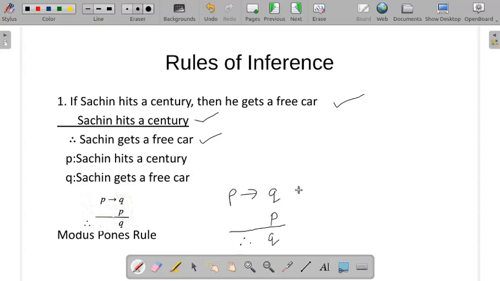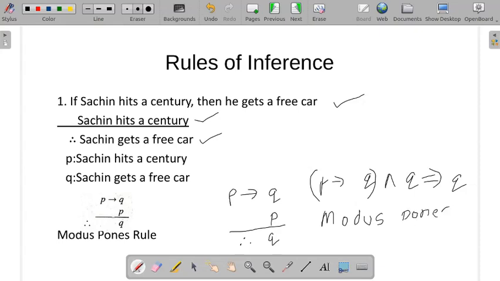Okay, so whether this is a valid argument or not, we have to find out. If you are telling it's a valid argument, step by step we have to say what kind of rule we are using, just modus ponens, modus tollens, rule of syllogism, etc. So P conditional Q and P. So according to a rule of inference, it is Q, that is according to modus ponens. Modus ponens rule we are applying here.